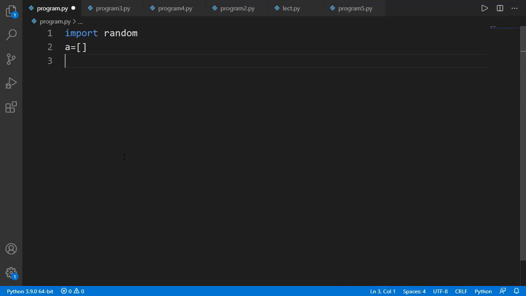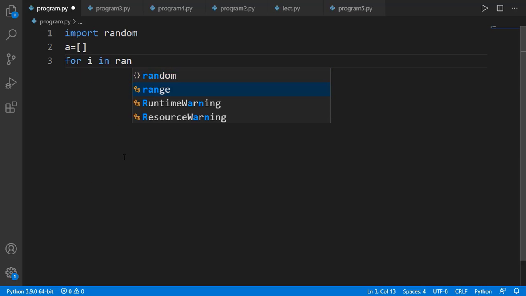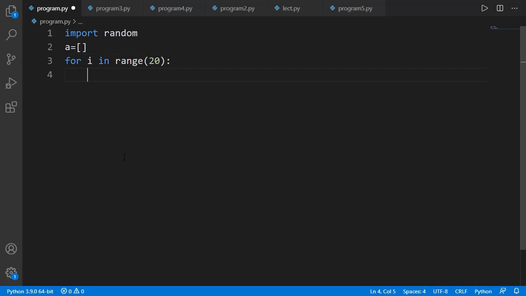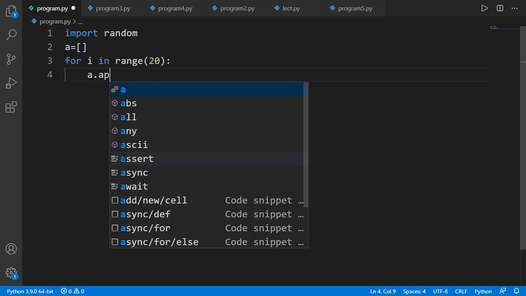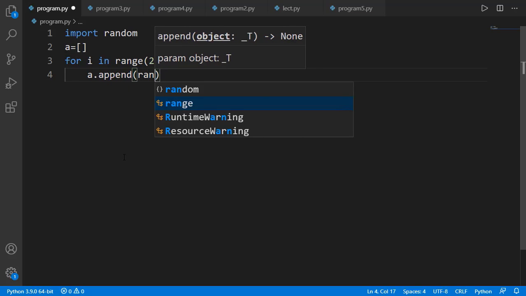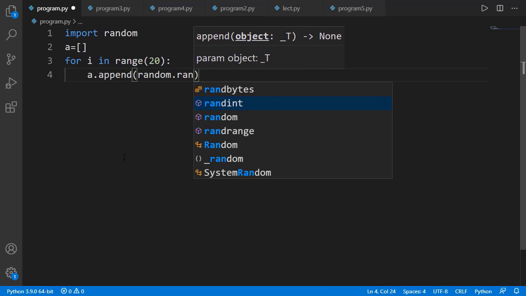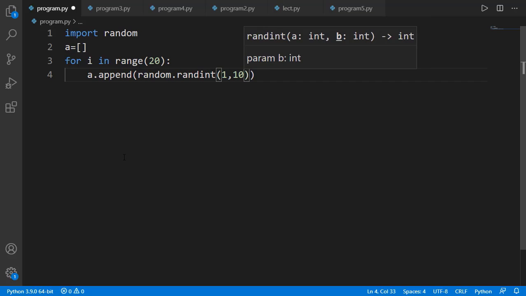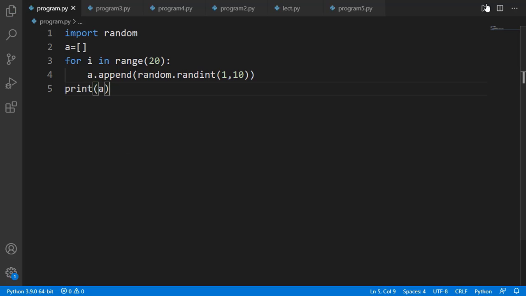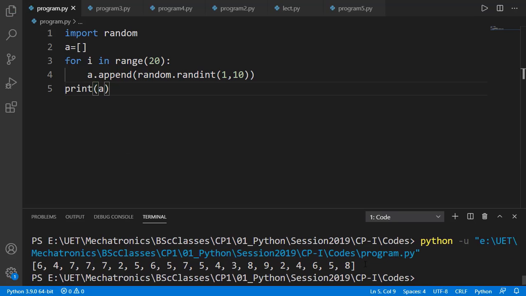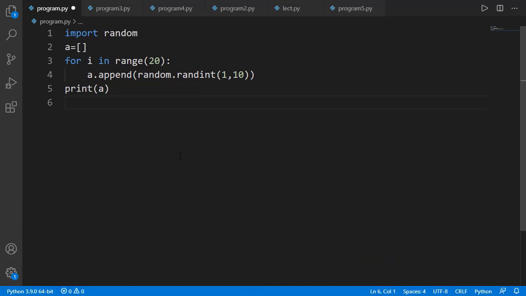I will start with the empty list. I have to fill in 20 numbers, so I will have a for loop of 20 iterations. In each iteration, I will append a value randomly between 1 and 10. So at the end of the for loop, I have the list with 20 random values between 1 and 10. Of course, there are repeating values in this list, and that's what we have to count and generate the second